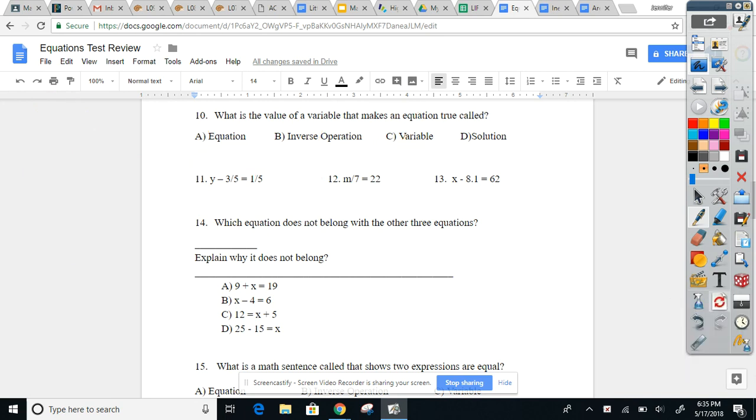Okay. Number 12 is pretty straightforward. You might get a bigger number. Remember, we need to do the inverse operation. Okay. Number 13. Do not